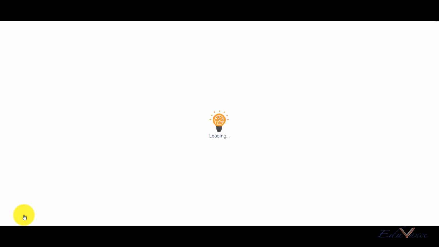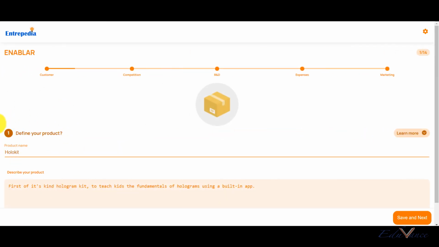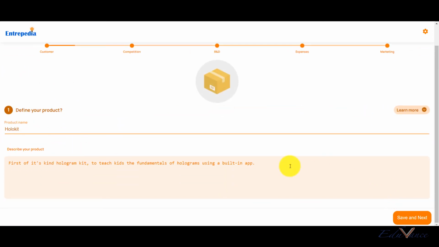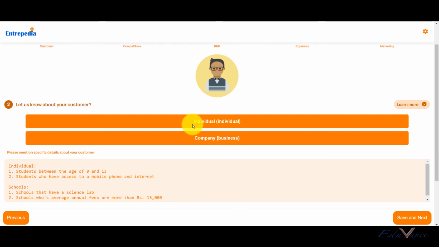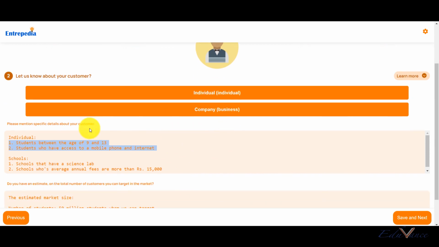I hope this practical session was clear. Here basically we looked at first defining our product. We looked at how to describe our product. Then we looked at describing whether our customer is an individual or another company. Once we know that it's an individual, we specify in more detail what kind of individual it is, and if it's a company, what kind of company it is.